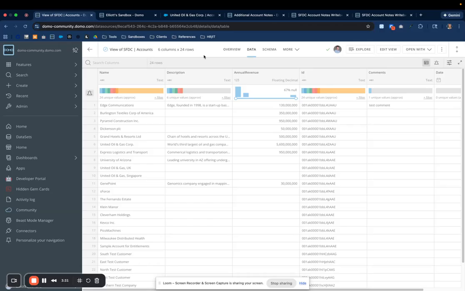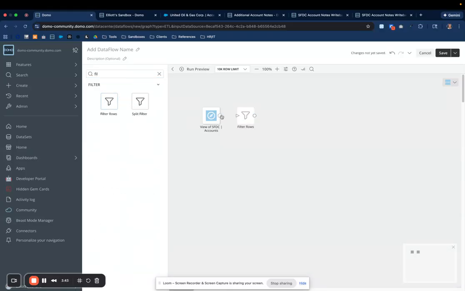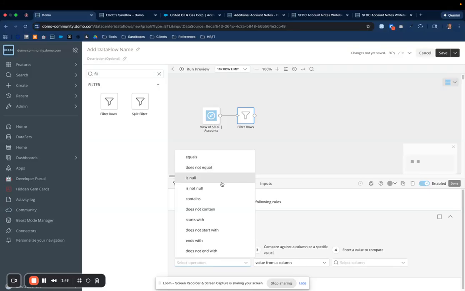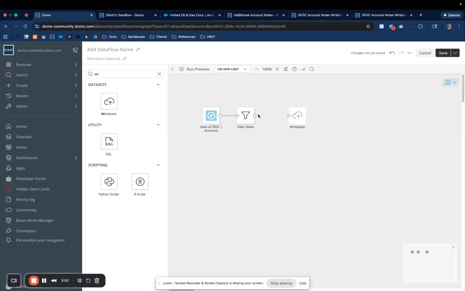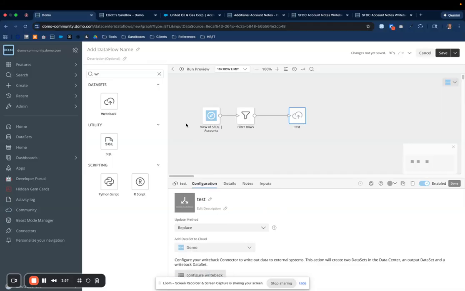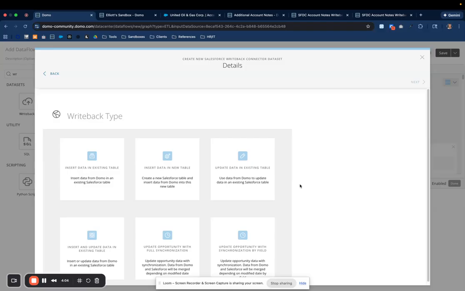In this case, what I did to actually get it back into Salesforce is I just created a pretty quick Magic ETL where I'm checking to see if a user input something. I just used a filter rows tile, saying, hey, I only want to look at the rows where this comment is not null. And then from there, I actually used the write back tile in Salesforce, right? There's a write back tile. If you give it a name, then you can configure it. And in this case, we would just be writing back to our Salesforce instance,